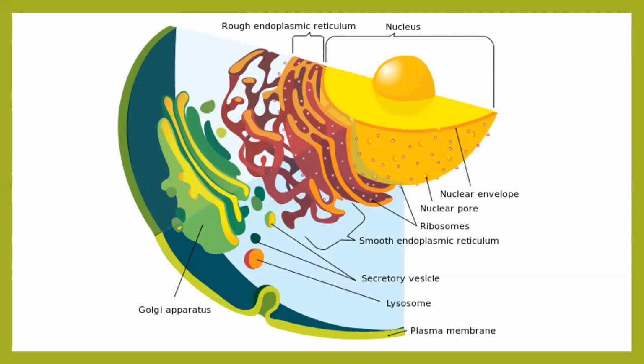Now, after studying cell wall and cell membrane, let's come to the hero of the cell. Yes, we all know what we are talking about. The hero of the cell is the nucleus of the cell. Now, in the slide which is present, the orange color cell organelle is nothing but a nucleus which is cut open, inside which you also have one more spherical ball-like structure, which is nothing but the nucleolus. The entire nucleus part has been highlighted with a bracket. Now, let's understand the nucleus in a stepwise manner.